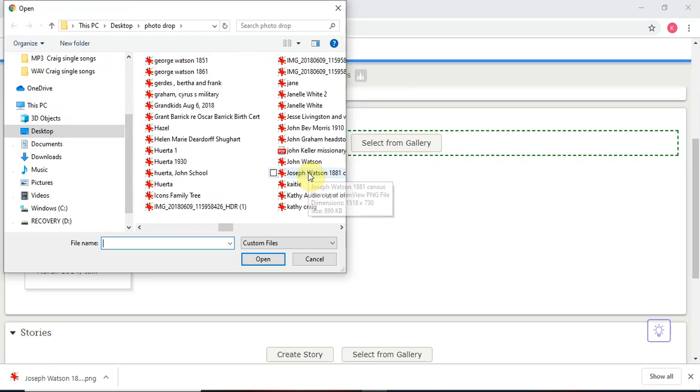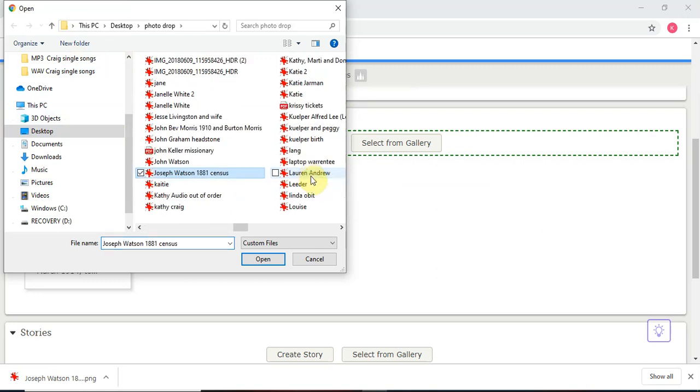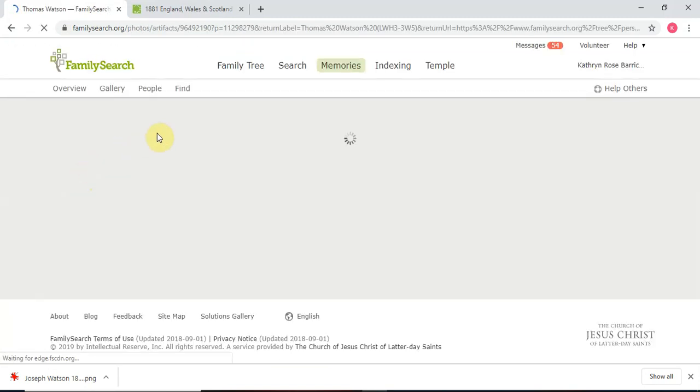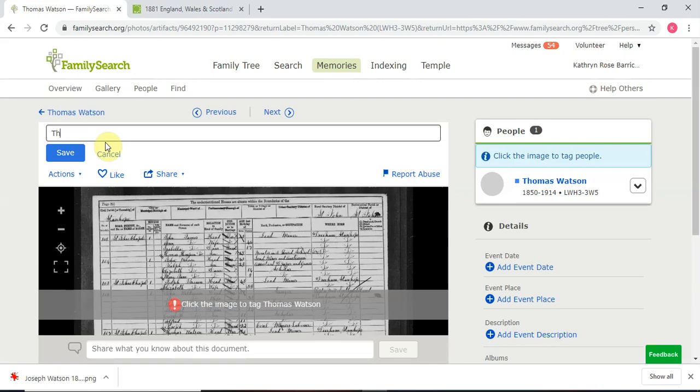Here it is right here, Joseph Watson, 1881 census. And I'll open. I'll click on that document, give it a title, Thomas Watson and Family in the 1881 census